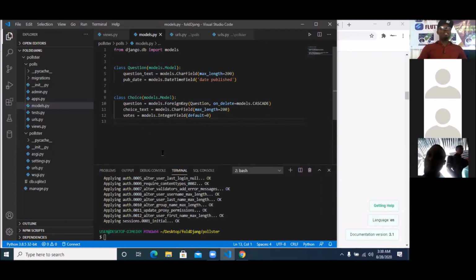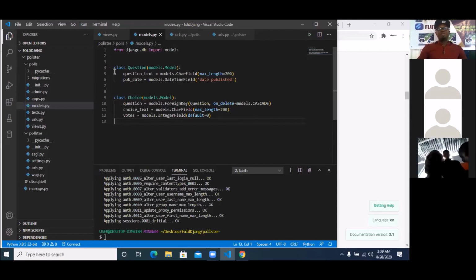So what is happening here? What is happening here is very, very simple. We are saying from the django.db package, we want to import models because models is what we are creating. So that's what we did here. We imported models, which is a module that is inside django.db. Then using this models that we imported, that's what we're able to use to create these two tables. So the first table is what? Question table. So inside the bracket, we put models.Model because we are using model to create it. So this question table is a model. Then the second table is choice table. So we also say